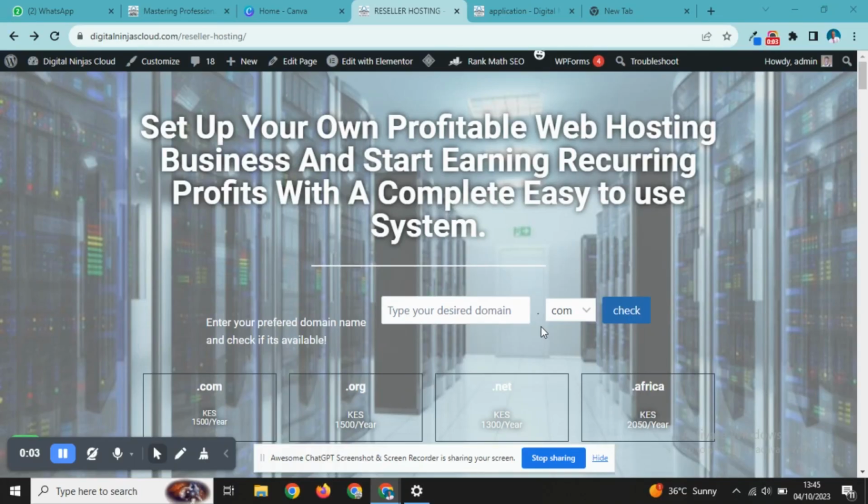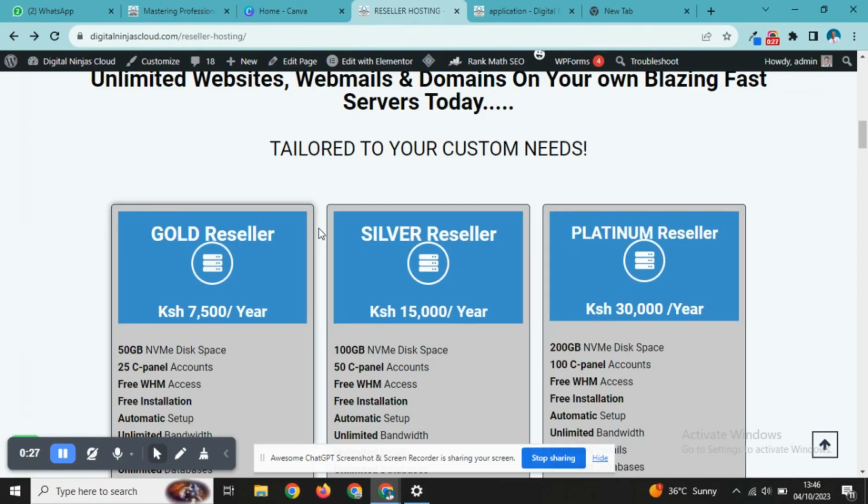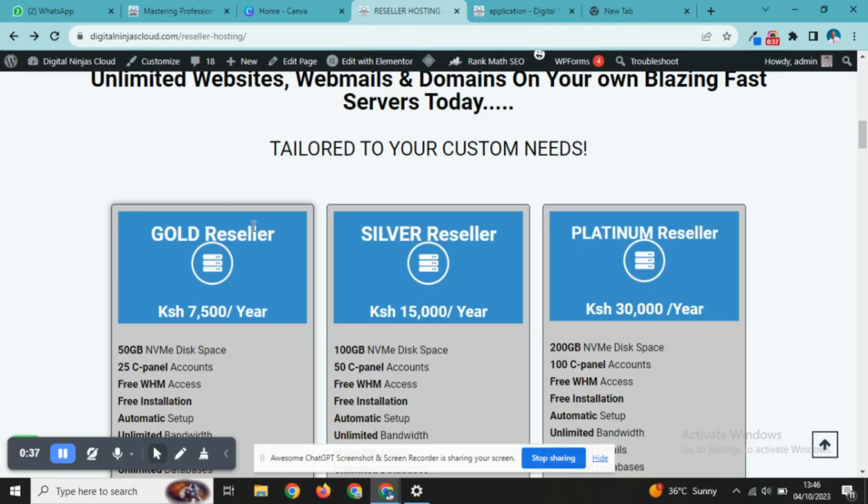This page is actually the reseller's landing page for the web hosting server. There are many packages here, and of course you have to select the one that suits you best. If I were to give any recommendation, I would recommend the first two. If you're just starting out and have never hosted maybe more than 10 websites, you can select the first gold